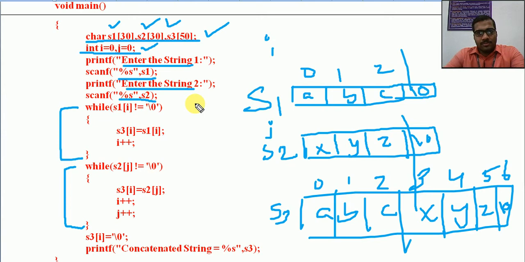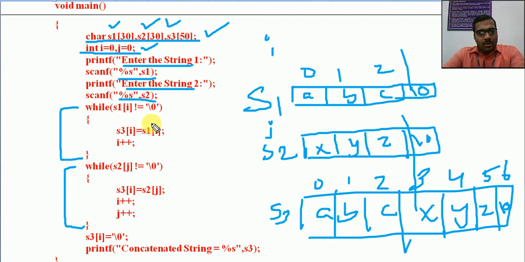When it reaches \0, we can terminate the loop. We can do anything up to that \0. Either we can count the different characters, or we can do any type of comparison by traversing through the entire contents of a string until it reaches \0.